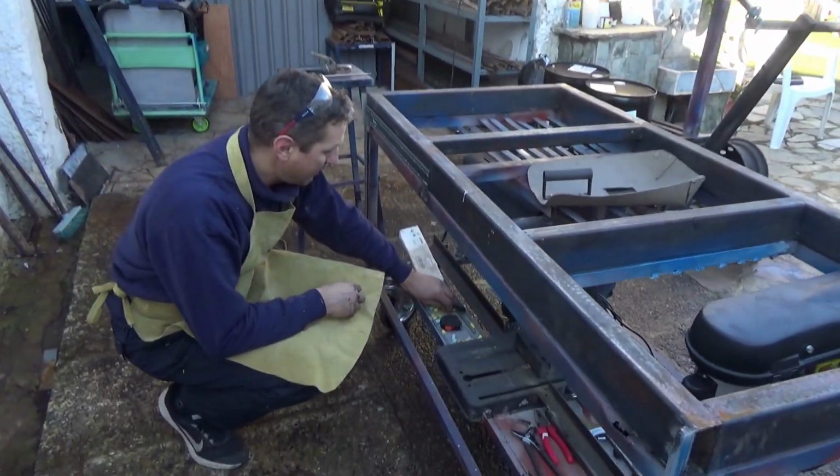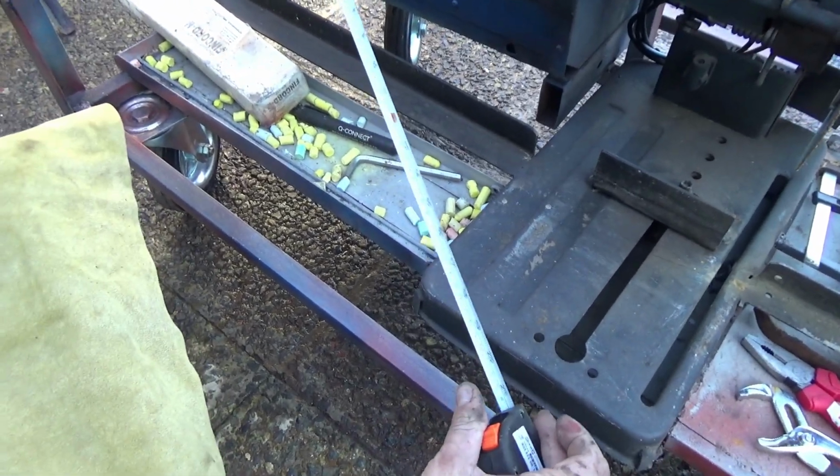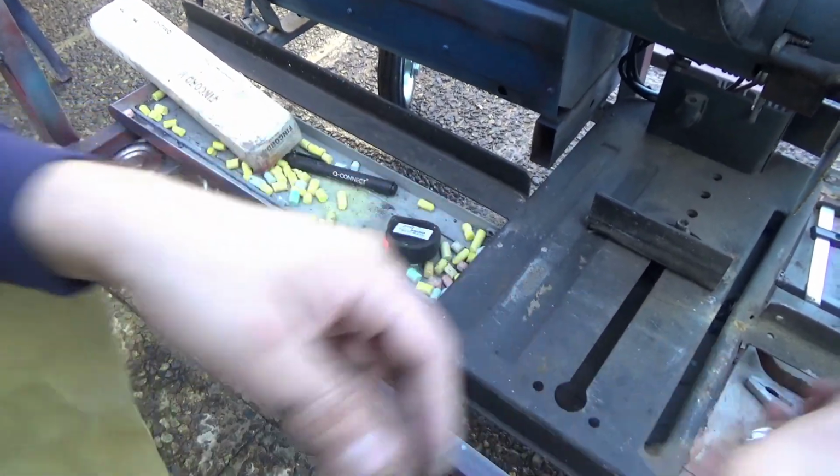Here, I have measure. Alles dabei. Alles dabei. This I change